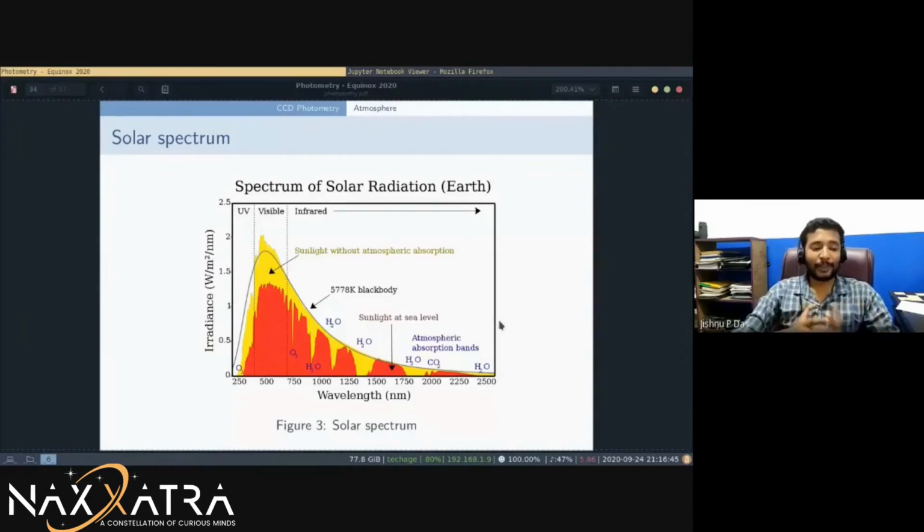Now this is the solar spectrum. You all know that the spectrum of the sun looks like this, right? The yellow colored area is what the sun actually produces, and the red colored area is what we are getting. Everything else is being blocked by the atmosphere. If you look at UV here, a lot of it is being blocked by the ozone. The black colored line is what a black body fit is essentially doing. At least some of you would have been in graduation or undergraduate, so you would have heard of Planck's law and how that shape looks. We try to fit Planck's radiation law to whatever our observed data is, and that's how we calculate the temperature of the sun.